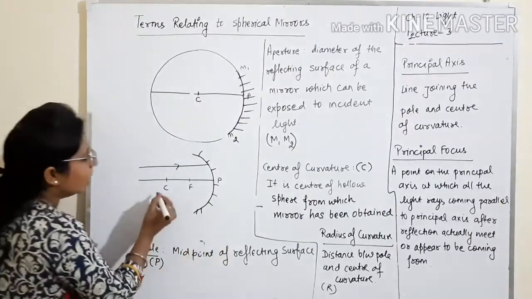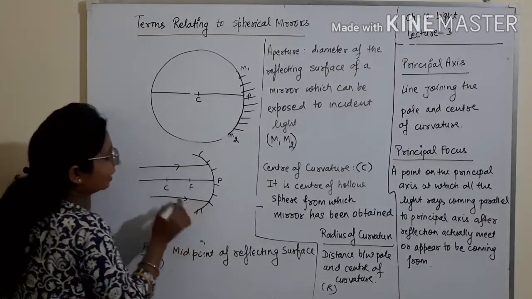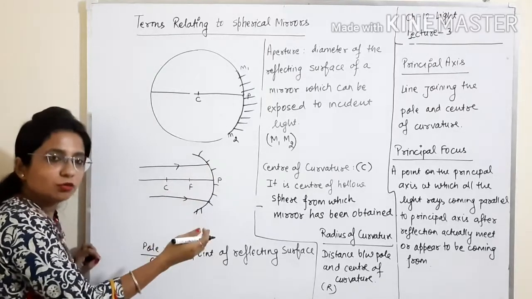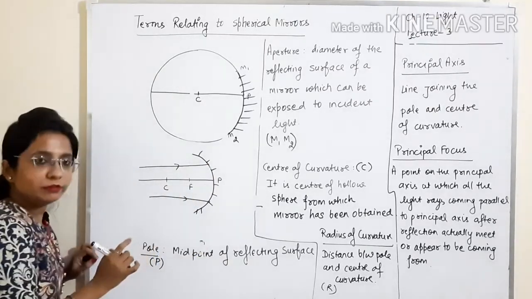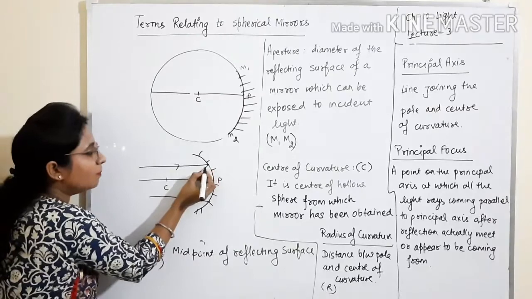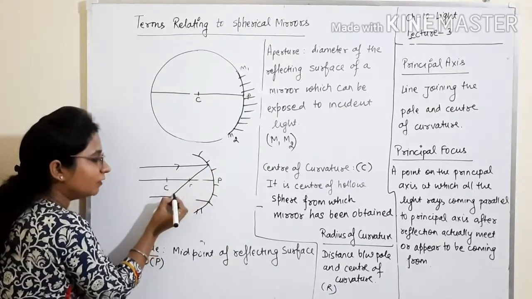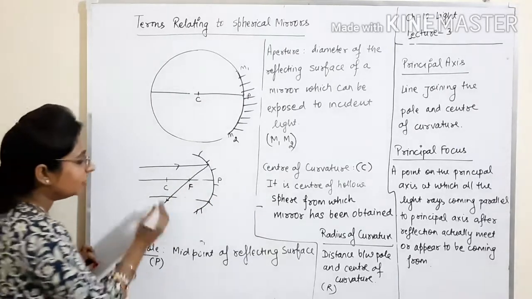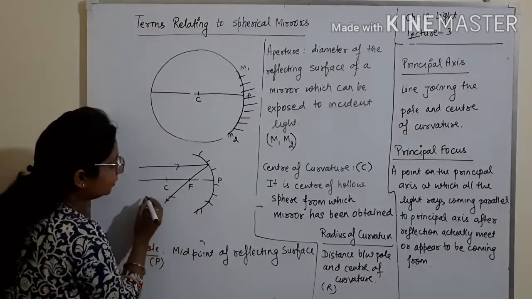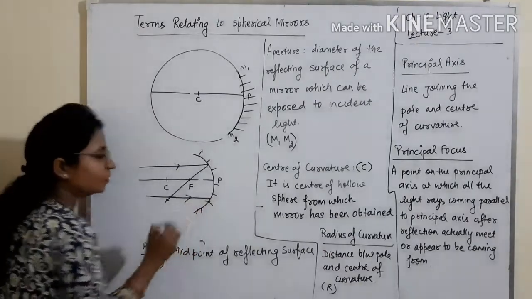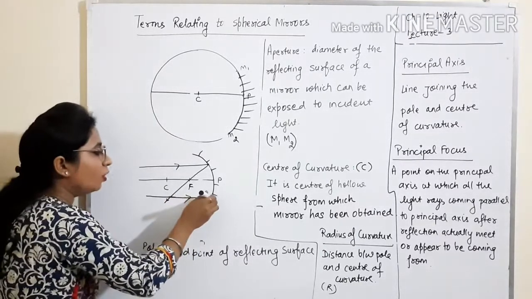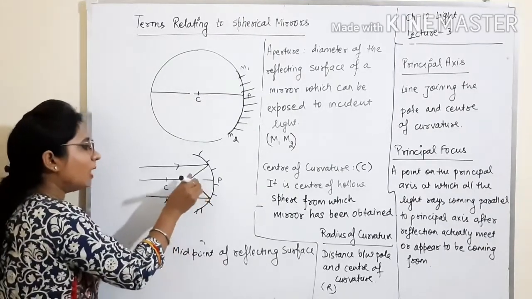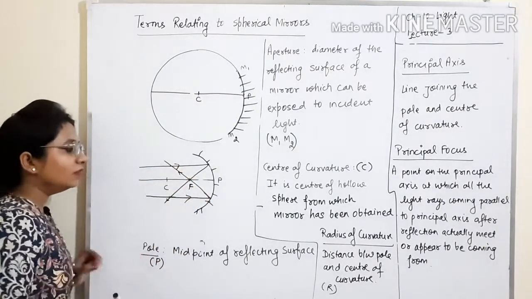So अगर हम concave mirror की बात करें, ये light incident ray आई, अगर कोई light ray, अभी हम आगे rules में पढ़ेंगे, parallel to the principal axis आती है, it will pass through this point after reflection. This point is called as F. Similarly, if we have another incident ray and this incident ray is also parallel to the principal axis, it will also pass through this F, principal focus.